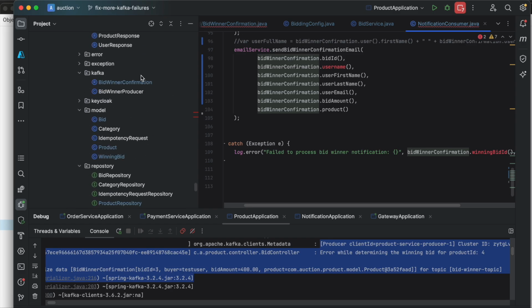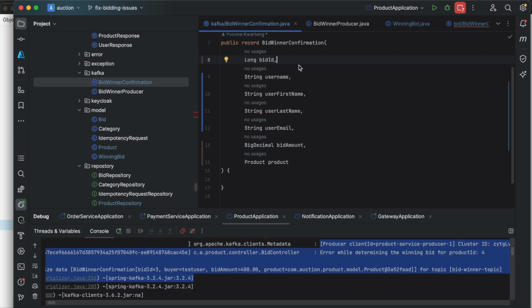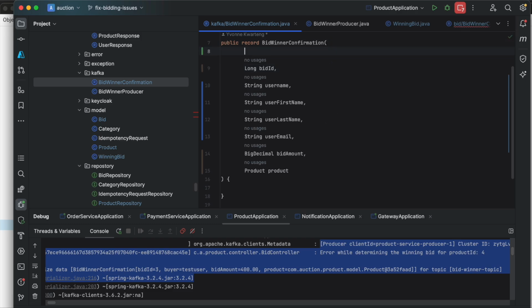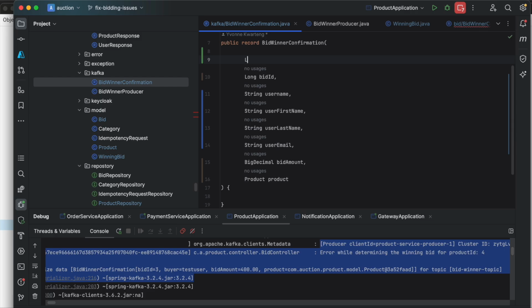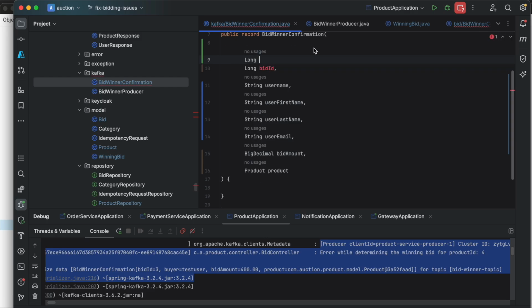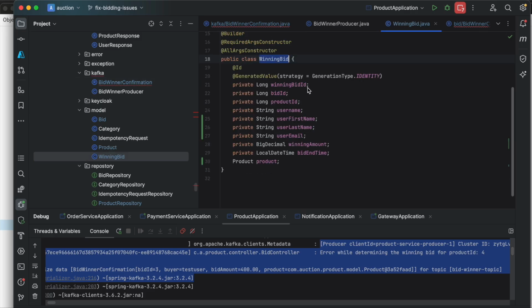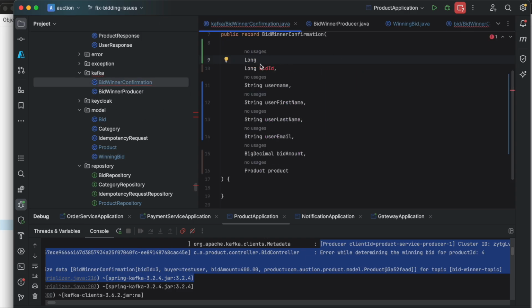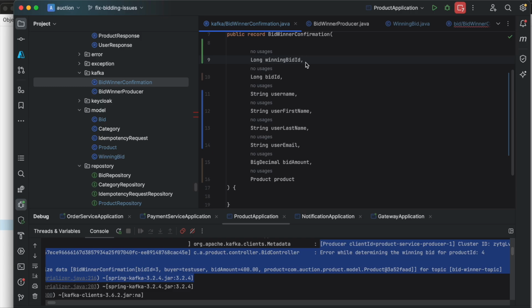inside the confirmation. And we need to make sure that when we make a confirmation, we also want to send bid winning ID. So let me just copy this one, copy that one, and I'm just gonna add it here. So we can add the bid, but we want the bid winning ID, because the bid winning ID is created on